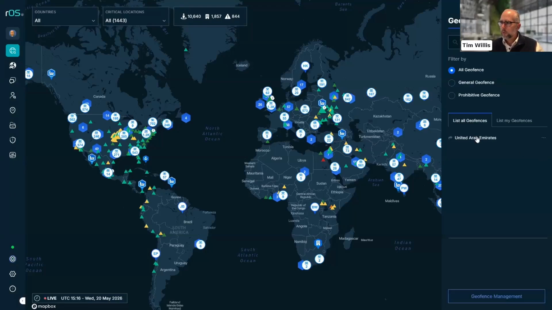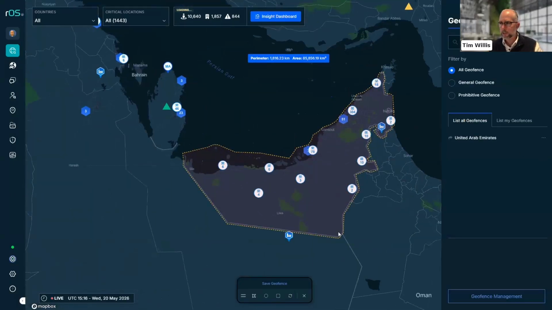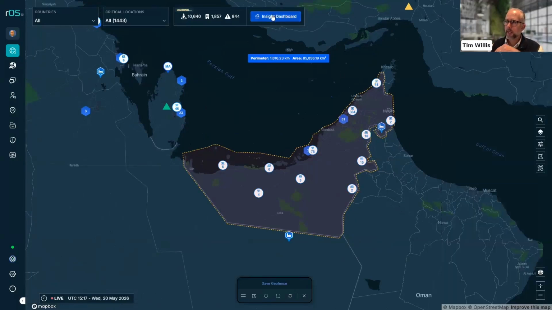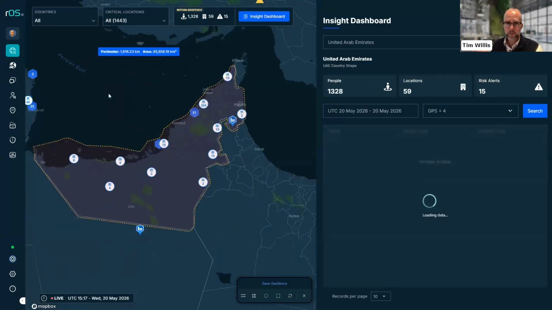So what we can do is look up a geofence. We could use our drawing tools if we didn't have one saved and select a particular area, or we go in, we've got the UAE selected now, and we click on the Insight dashboard. This is now showing the way that we can start to interrogate very rapidly our full exposure in the